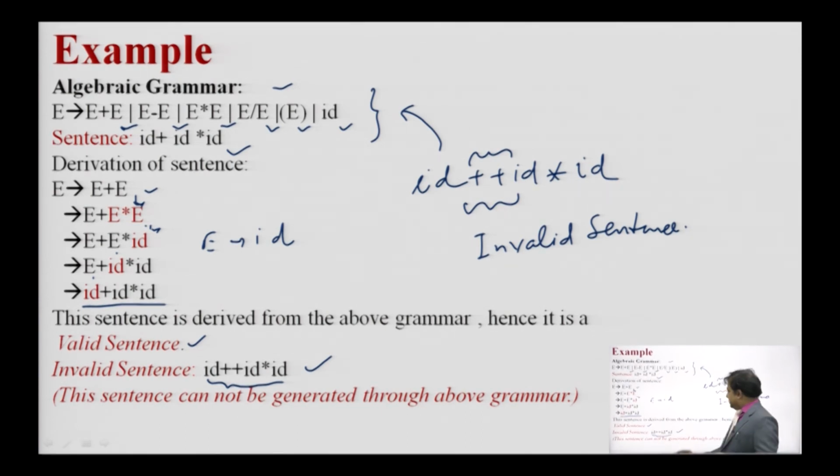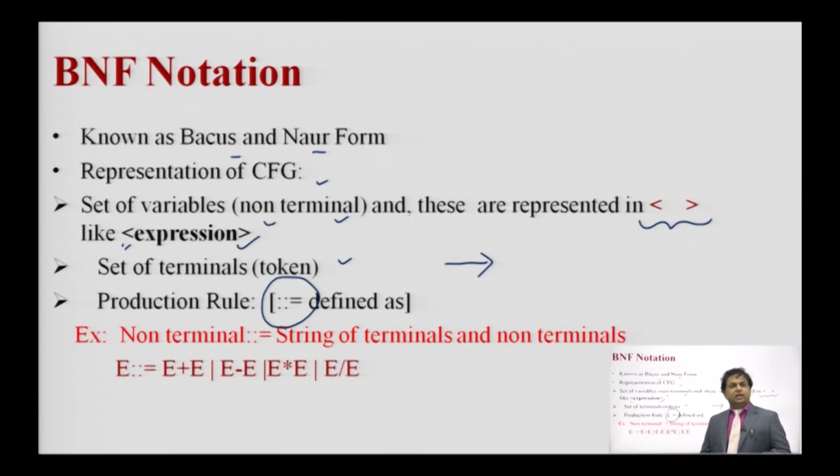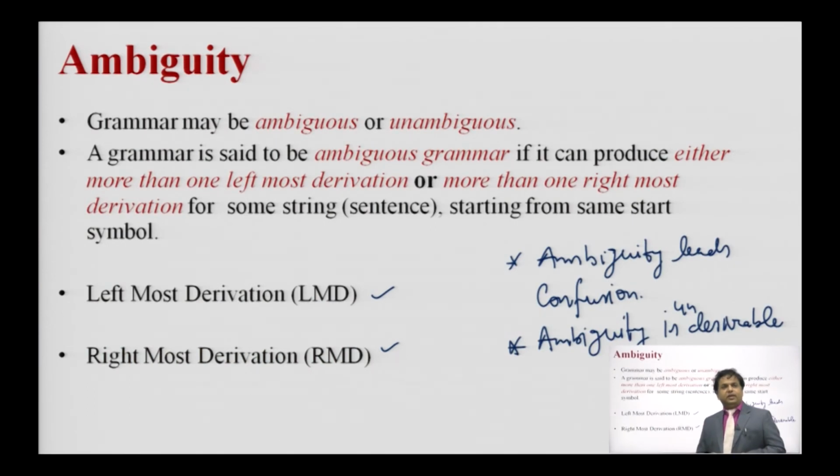If such mistakes are there, that is a plus sign is there which cannot be derived with your grammar, then that is called an invalid sentence. Similarly, we looked at the concept of the if else grammar. Next, we discussed how the context free grammar can be represented in another way, that is the Backus Naur form. Then we came to the concept of the ambiguity and decided that we should not allow any grammar